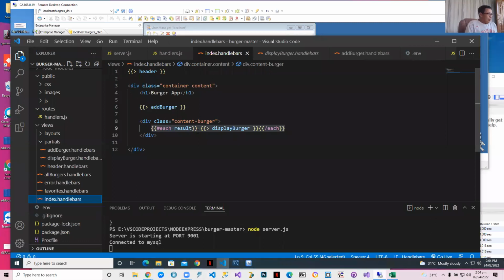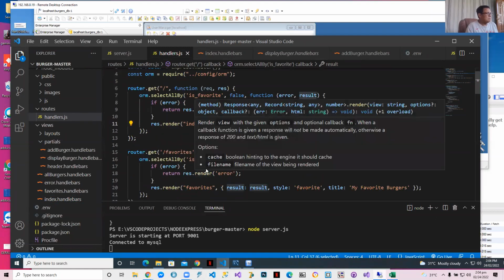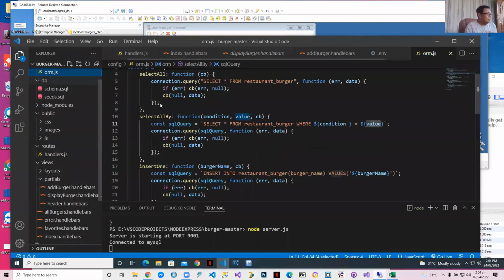Okay, and then what will result have? If you look at your handlers, result will have select star. I'm sorry. Okay. Our ORM, where's that? We'll have select star, which means when you say select star from restaurant burger,